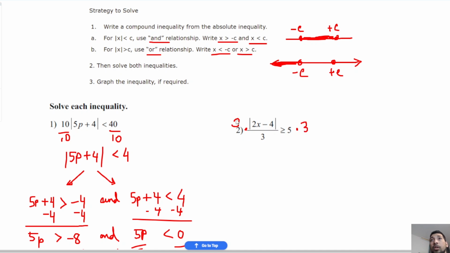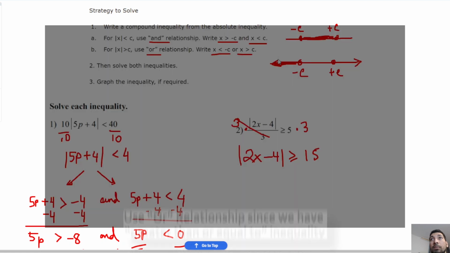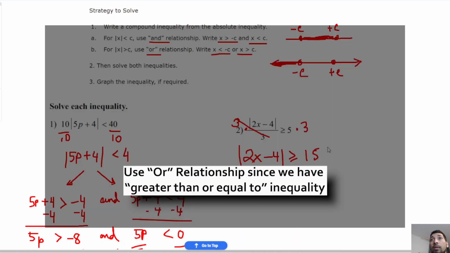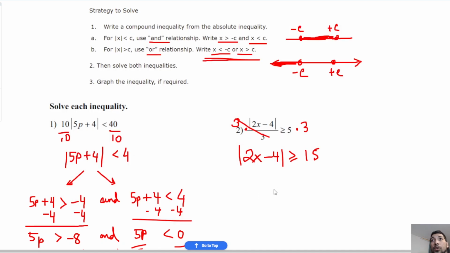If I multiply by 3 on both sides, you can see that we have absolute value of 2x minus 4 greater than or equal to 15. Now that we see that we have a greater than symbol, we use the OR relationship. So we have this 15 right here, and we need to use this relationship. So just rewrite these with two inequalities: 2x minus 4